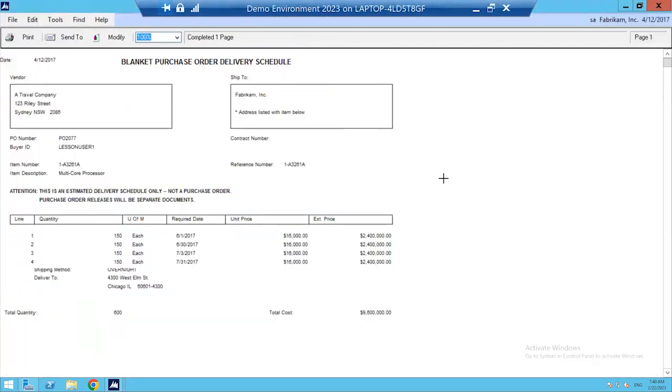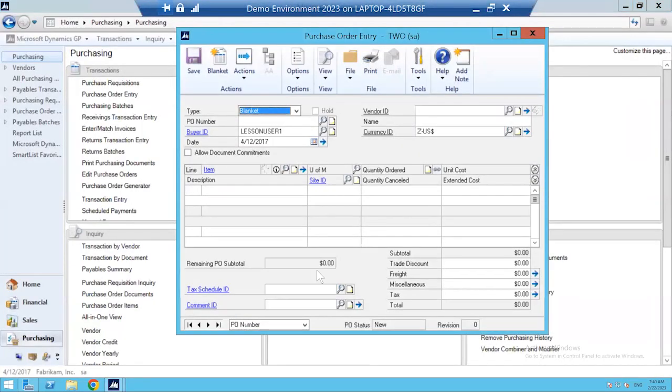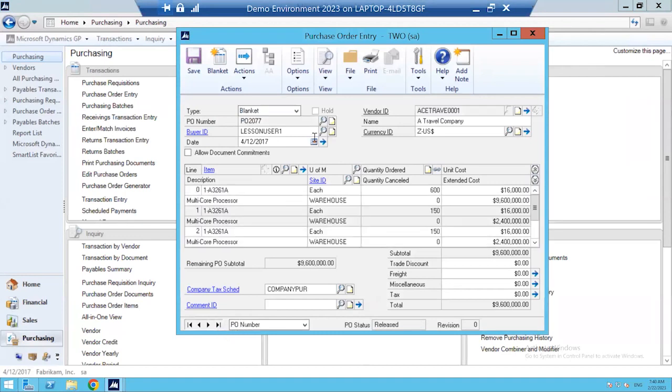Then what you would see is a list of the overall shipments that was contracted with the vendor, and you have all the different delivery dates. Okay. Now, if we go back into the blanket purchase order,